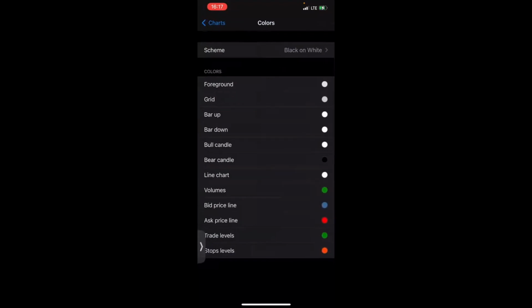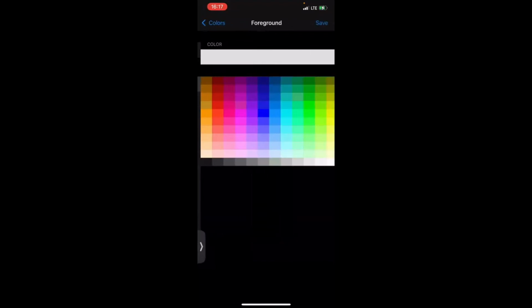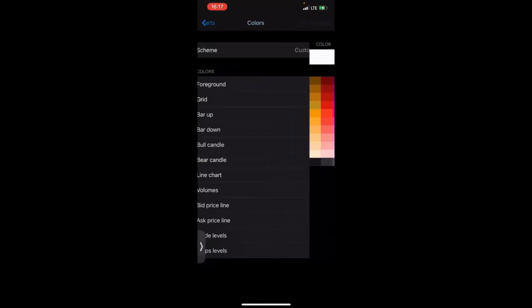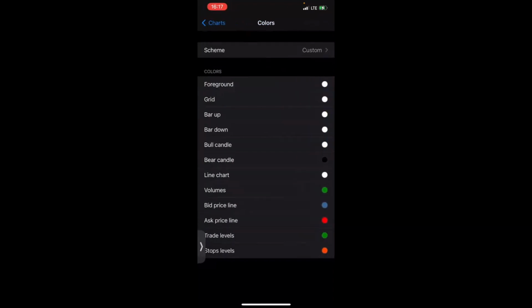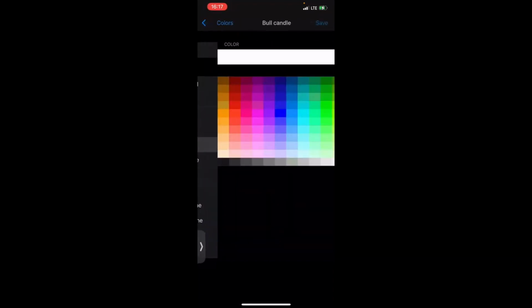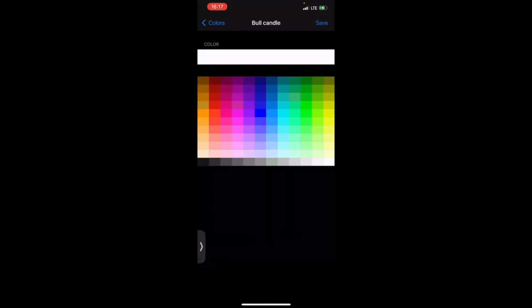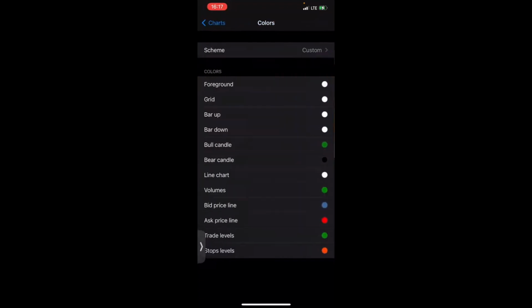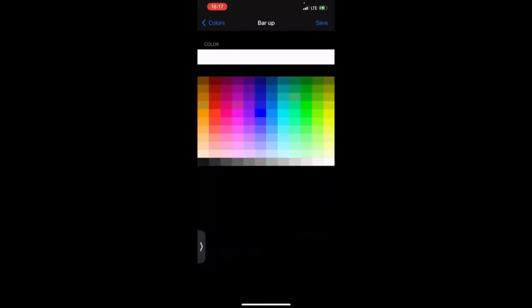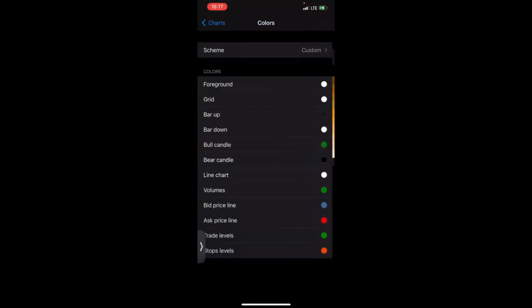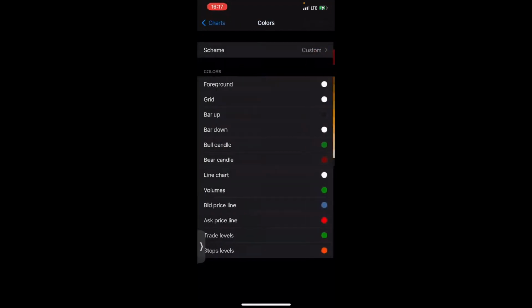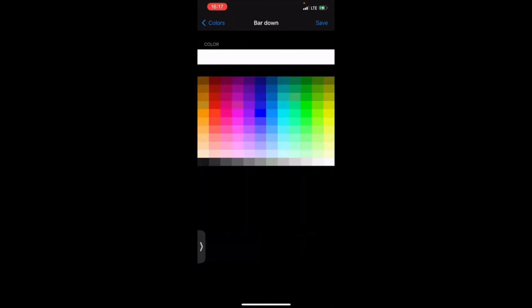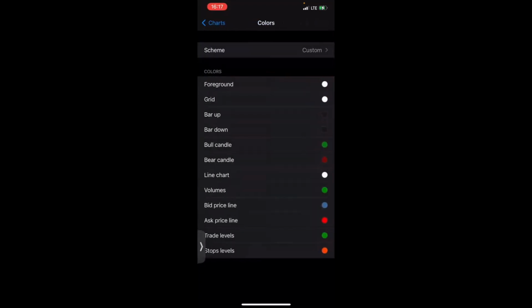I'll simply click on custom, right? And then the foreground could probably be white. And then I save that. The grid is going to be the same color so that it doesn't appear. So the bull candle is going to be, let's say, green, all right? Amazing. It simply means bar up as well. I can make bar up to be, say, black, okay? The bear candle, I can have the bear candle to be red, okay? Then the bar down is also going to be black, right? And of course,